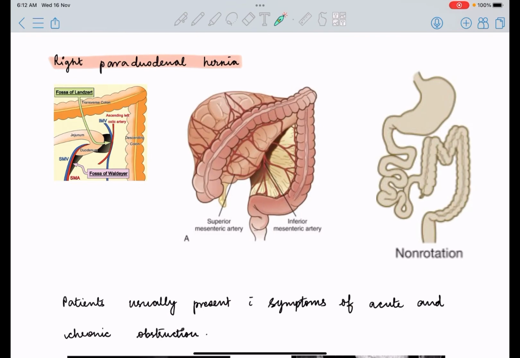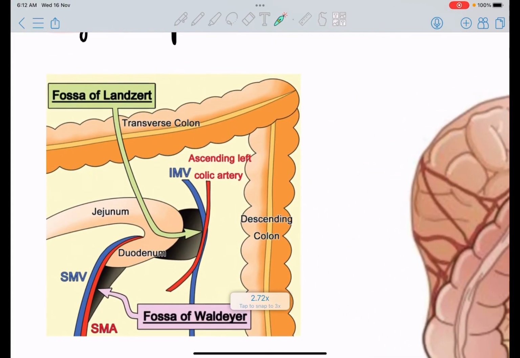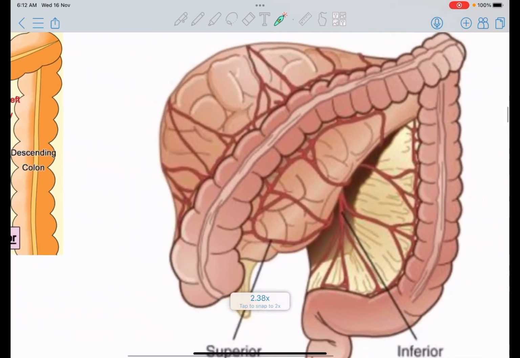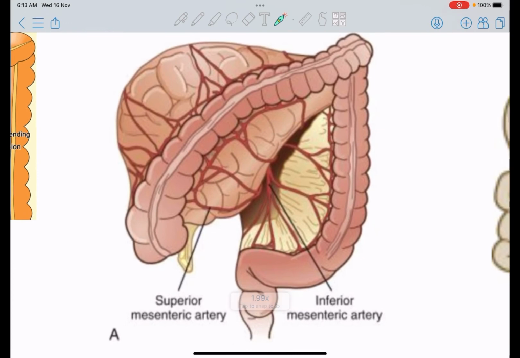First, we start by looking at right paraduodenal hernia in detail. We have already discussed this particular anatomy, that right paraduodenal hernia occurs through the fossa of Waldeyer, and anterior to the fossa of Waldeyer is the superior mesenteric vein and superior mesenteric artery. Now let us look at this particular diagram. This is right paraduodenal hernia. We can easily see that bowel has herniated into the right paraduodenal space. The ascending colon, including the cecum, lies anterior to the hernia,